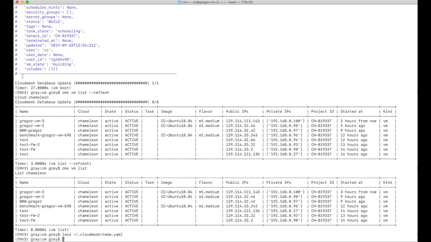So in our case, we then have the name 3. So let's try to log in. It is important to note that the status active here doesn't mean that you can log in to the machine. This can only be done when the machine is ready, and it will take some time for the cloud to work that out, so you may have some failures when you try to log in to